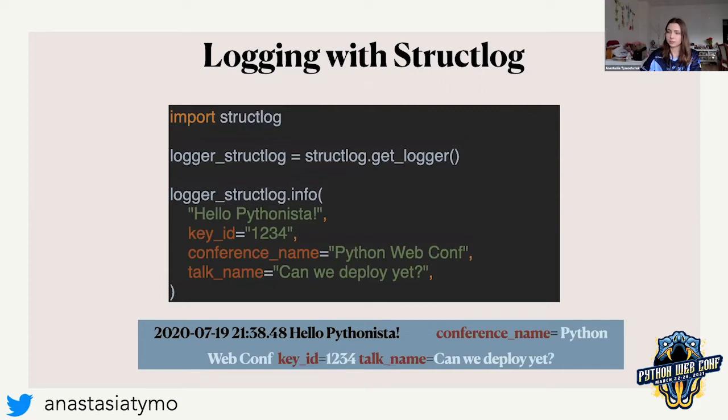We can add many more features, different processors. And everything comes out of the box from structlog. We don't need to do anything else specifically to have this beautiful outcome, the key and then the value after it. Super easy to parse.